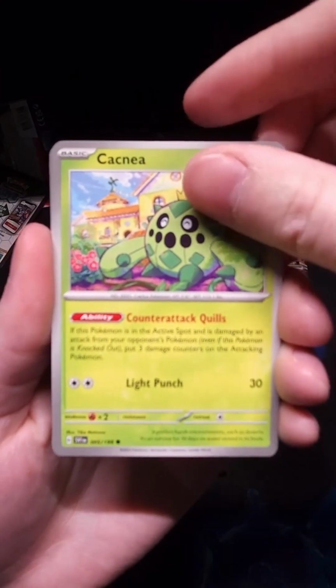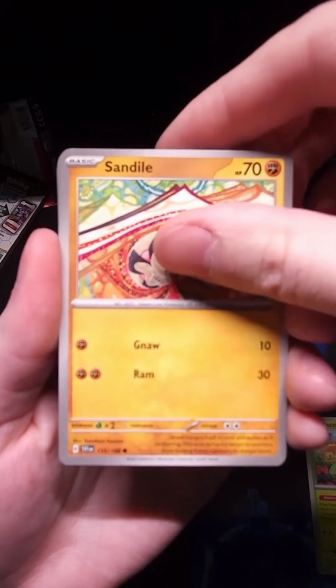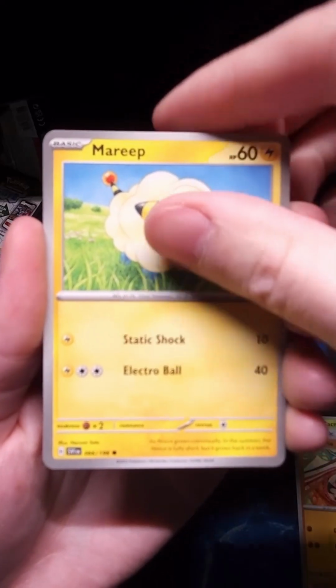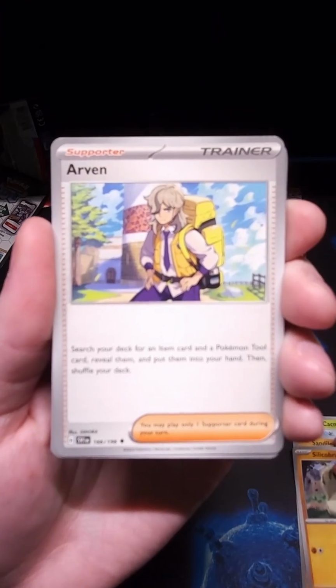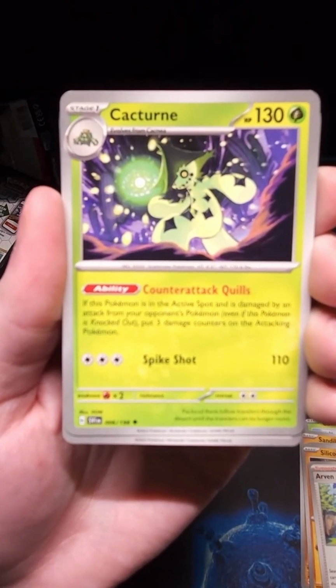So we got Cacnea, Sandile, Mareep, Silcoon, Supporter Trainer Arven, Cacturn,